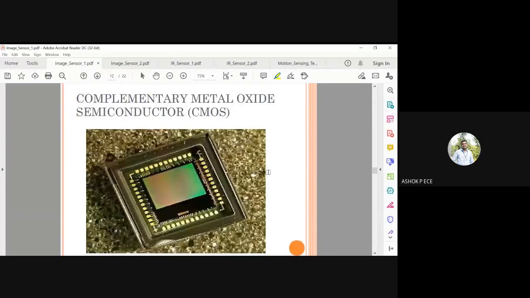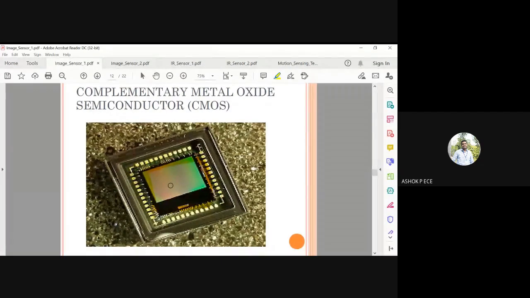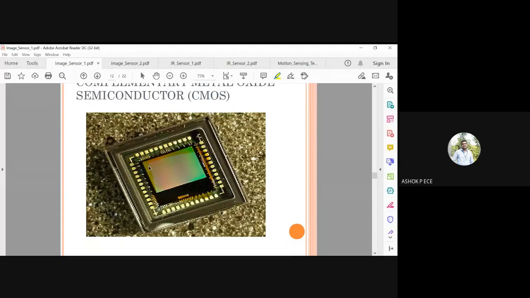Okay, so this is an example of a CMOS chip. This is your CMOS chip, and around the chip you will have the pins. Around the chip, I think you have 12 pins on each side, so it is a 48 pin CMOS chip. Depending on the pins and the configurations you want, you can make it. This is magnified, so it will look big, but it will be just the size of a matchbox. So imagine the size of a matchbox. You have millions of transistors inside. As you know, CMOS is very compact and dense. It has millions of transistors inside this square area.